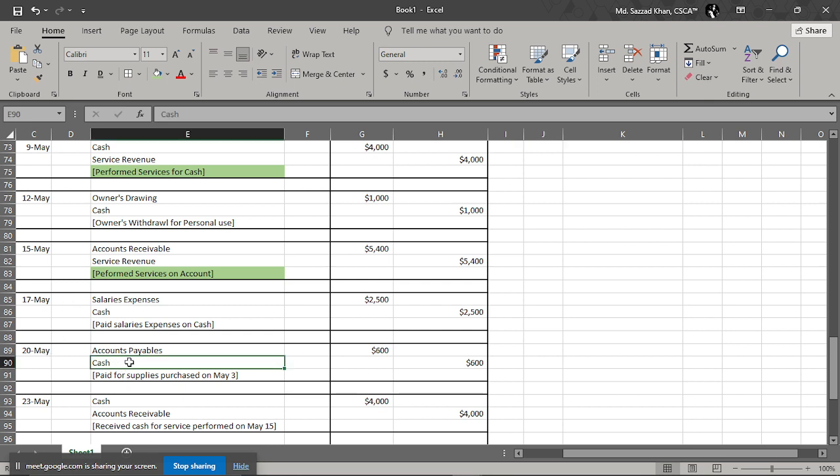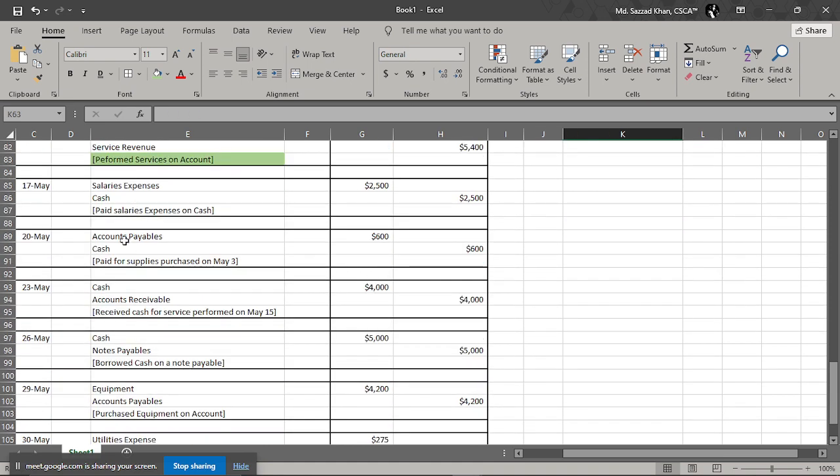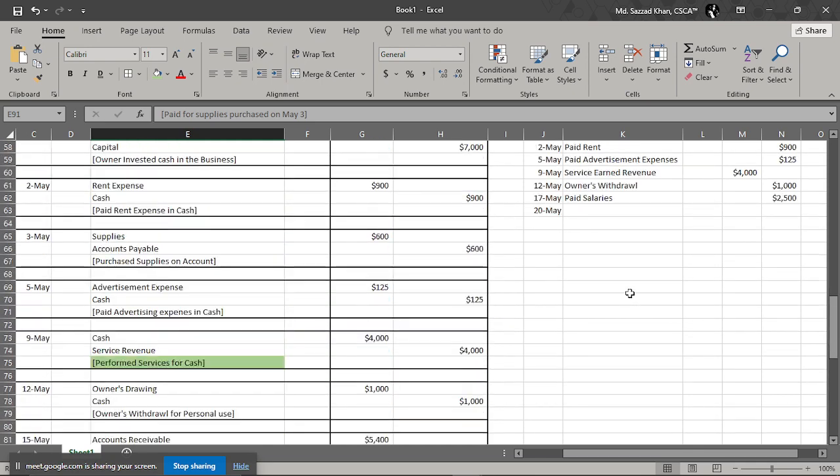You can see there is also cash. Okay. So we write May 20th. And what happened to the cash? Due amount. So we paid the due amount which was recorded in the 3rd of May. So supplies was purchased on account. So we paid that. We paid our due for supplies. Right? In the description we say